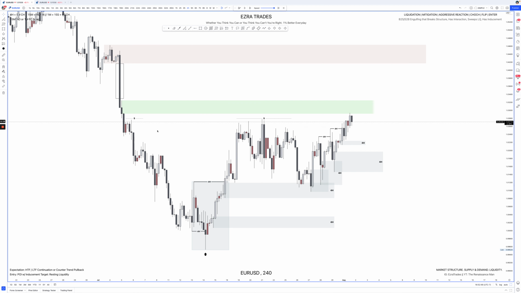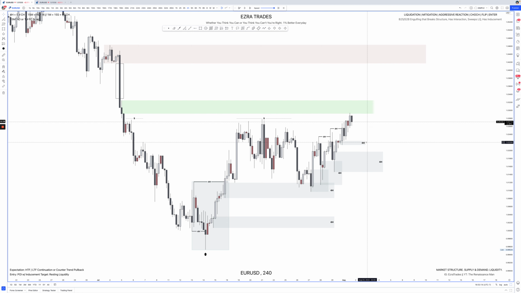When I see that a 4-hour supply zone is tapped, I'm no longer looking for buys on the 15-minute. And so what I'm looking for more than anything is to see if that supply zone is going to hold or if it's going to be violated. If it gets violated, then I can go ahead and look for buys. But until that happens, I shift my bias a little bit because I'm aware that there could be some impending